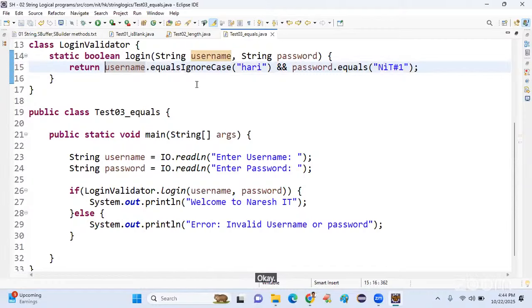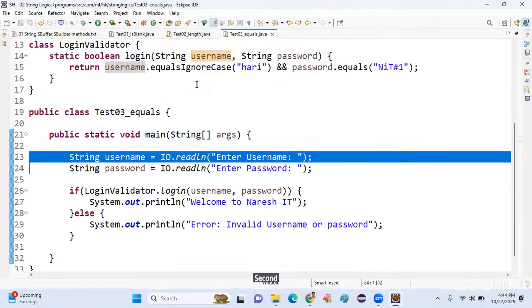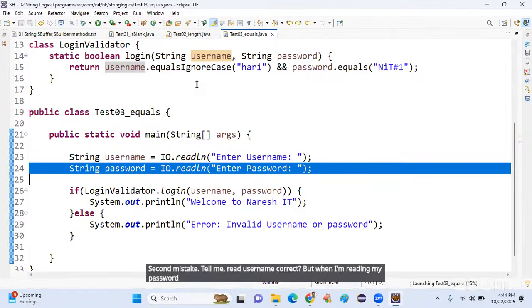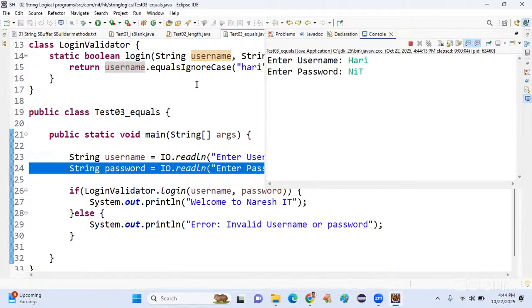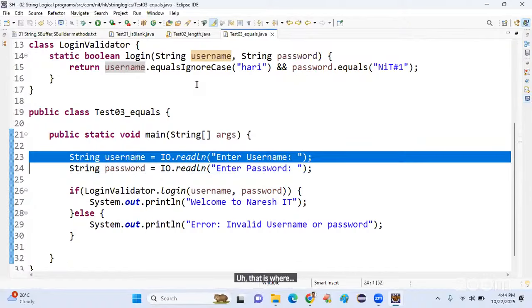Okay, now listen. Next question. First mistake I have corrected. Second mistake. Tell me, reading the username is correct. But when I'm reading my password, it is visible to everyone, no? Naresh IT #1. It's visible. So is it good to make it visible? That is where I should not use